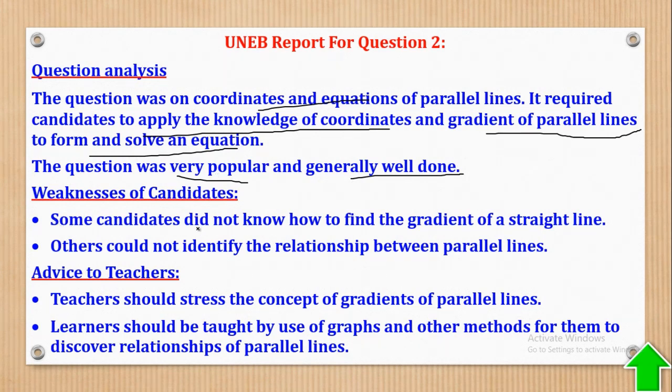However, some candidates did not know how to find the gradient of a straight line. So gradient is change in y over change in x. Some candidates were interchanging, and they used change in x over change in y. Other candidates could not identify the relationship between parallel lines, so they could not know that parallel lines have the